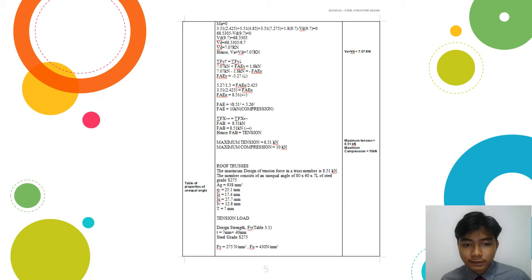So the maximum design tension force in the truss member is 8.51 kN. The member consists of an unequal angle of 80 times 60 times 7L of steel grade S275. So we got this from the table properties of unequal angle. So the tension load